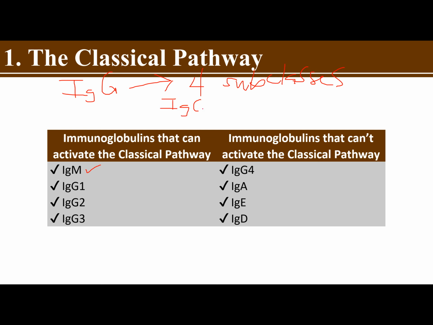They are your IgG1, IgG2, IgG3, and your IgG4. Now, please take note that only IgG1, 2, and 3 are capable of activating the classical pathway. So let me repeat. It is IgM, IgG1, 2, and 3. These 4 antibodies are capable of activating the classical pathway, while IgG4 class